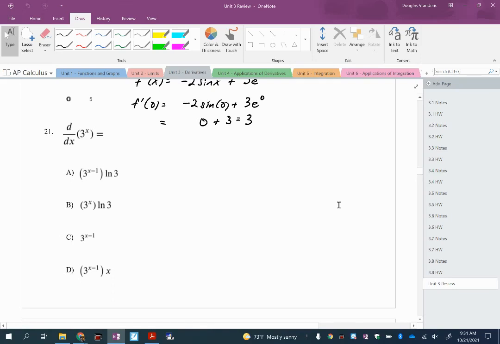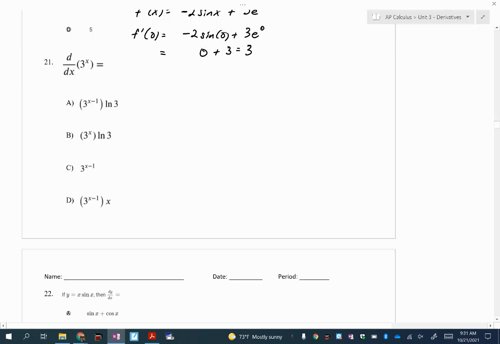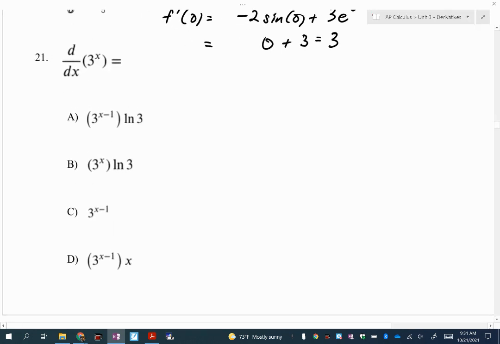Second part of the Unit 3 review. So I'm going to pick it up at problem number 21. Now, problem number 21 is actually a part of the lesson that I did not choose to do, so we can get into the review, because the lesson I didn't choose to do was finding the derivatives of the exponential